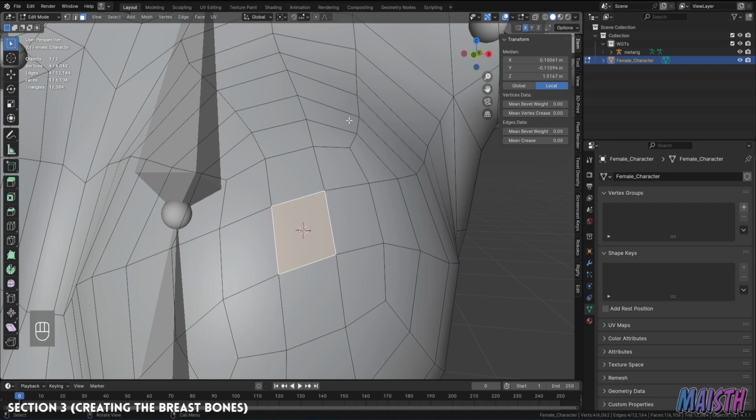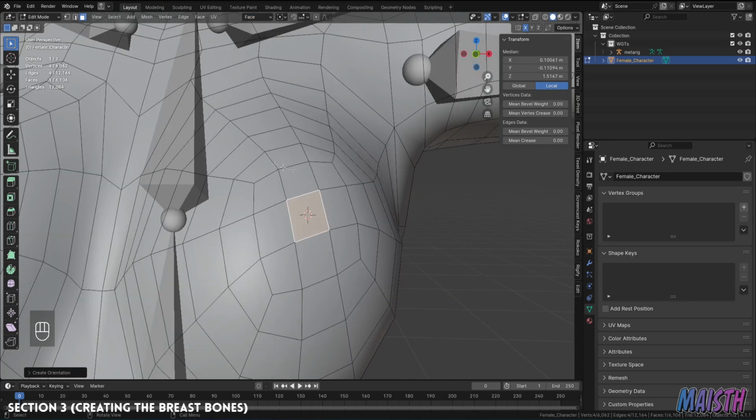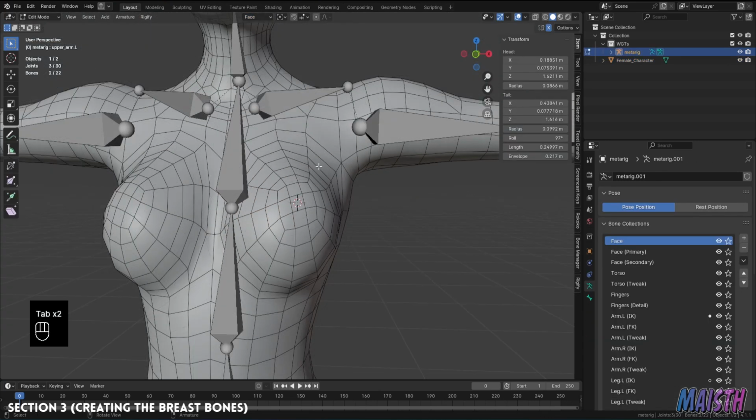One last thing we're gonna do here is go into transform orientations and click on this plus icon. This will create a new transform orientation on the 3D cursor we have on this face. Now, the reason for this will be apparent in a minute, so bear with me. So select the new face transform orientation, and now in edit mode in the armature, we're gonna be creating a